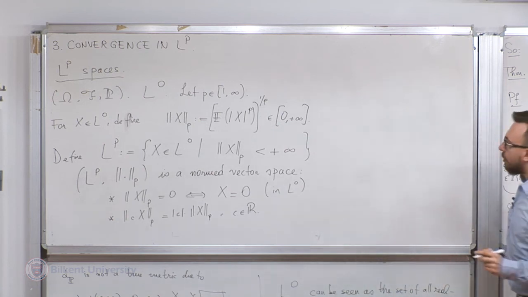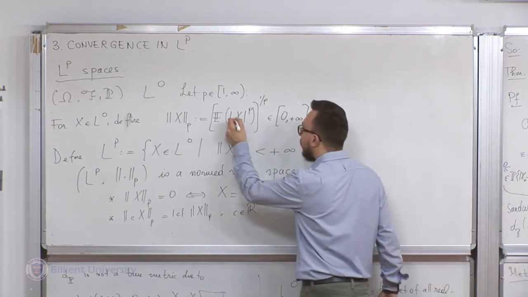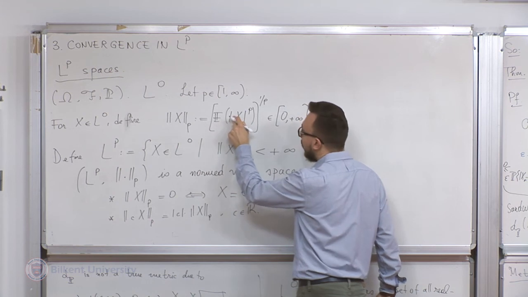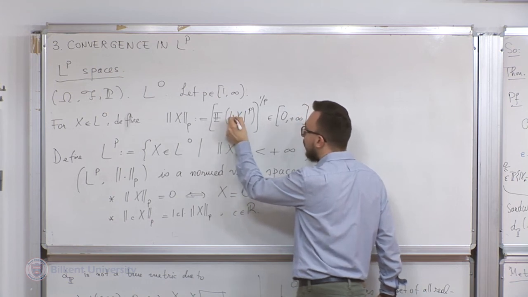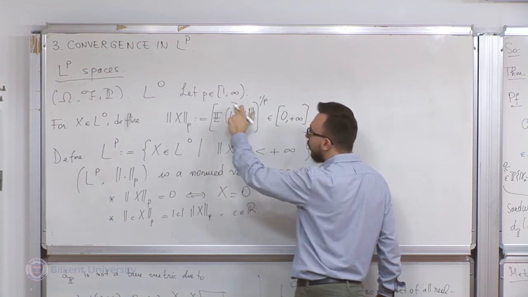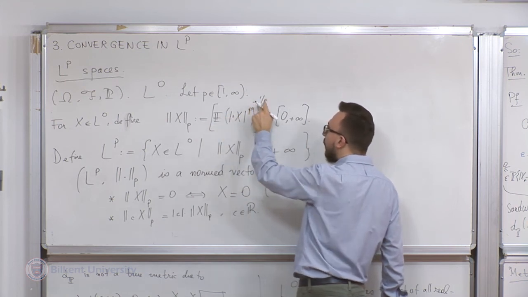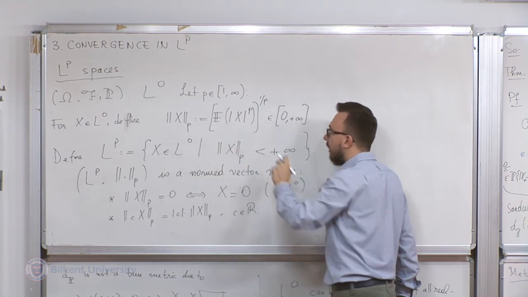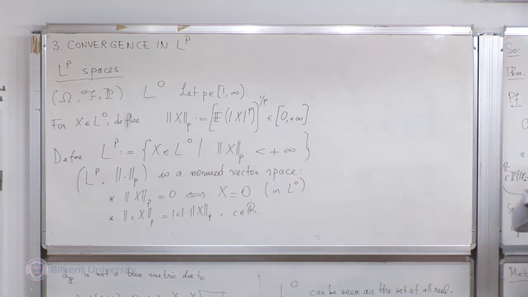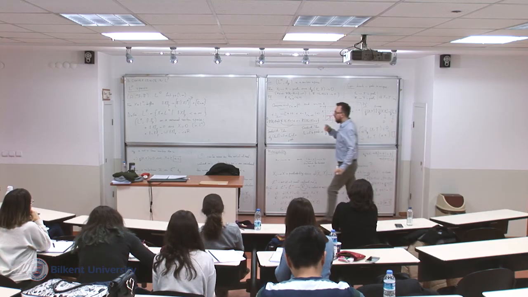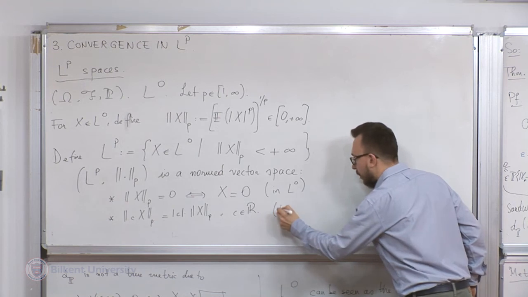This is very easy to see. Just put an x, just put a c here. Let's say you multiply it by 2. Let's say you have 2 here. Then this goes out as 2 to the power p. And since you raise it to the power 1 over p, you get rid of that. It's just going to be a 2. 2 to the power p, to the power 1 over p, is going to be 2. So this is just easy to check.